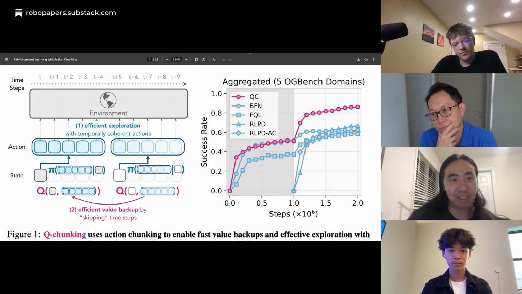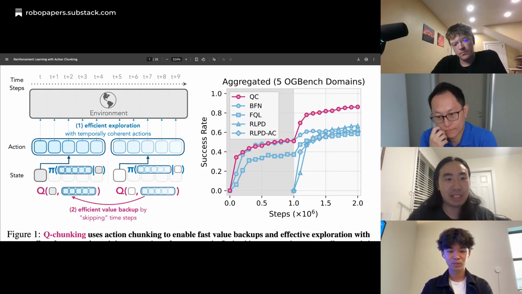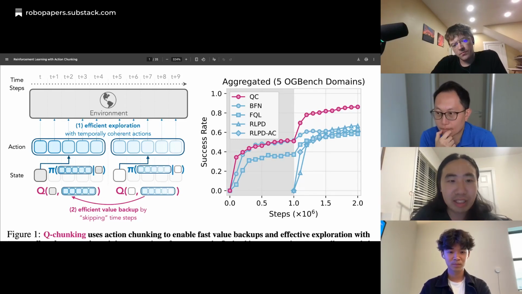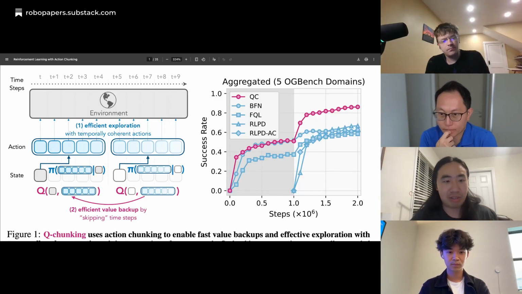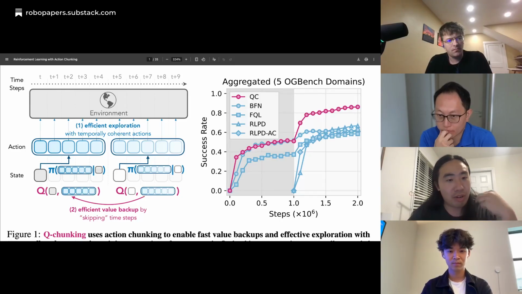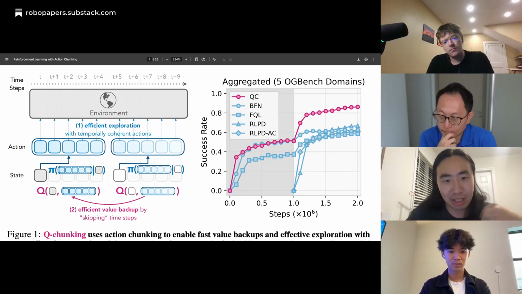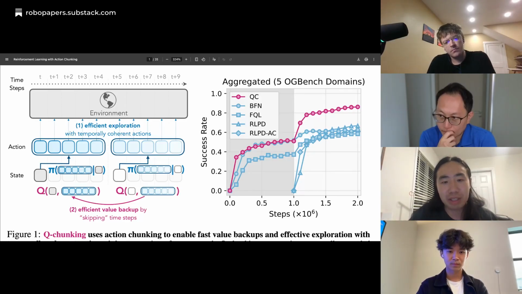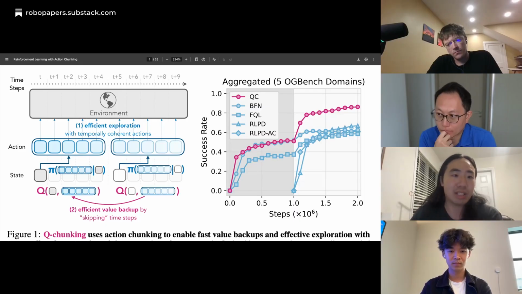So I feel like there are a lot of really exciting problems building on top of this, either applying to real world robots or even just more iteration in the sim, like how to actually make online RL algorithms really efficient for action chunking policy. And even beyond action chunking policy, I believe that there's a whole class of non-Markovian policies, if we can manage to train them in a very practical way and learn very simple, efficient online exploration. I feel like that would be pretty impactful for RL in general.